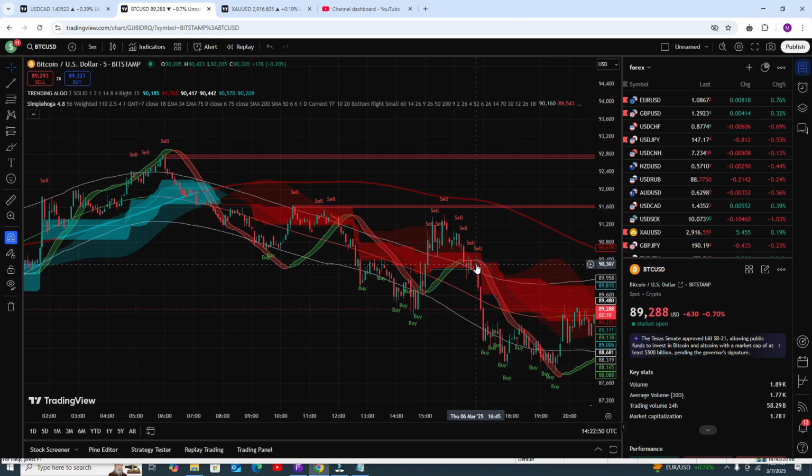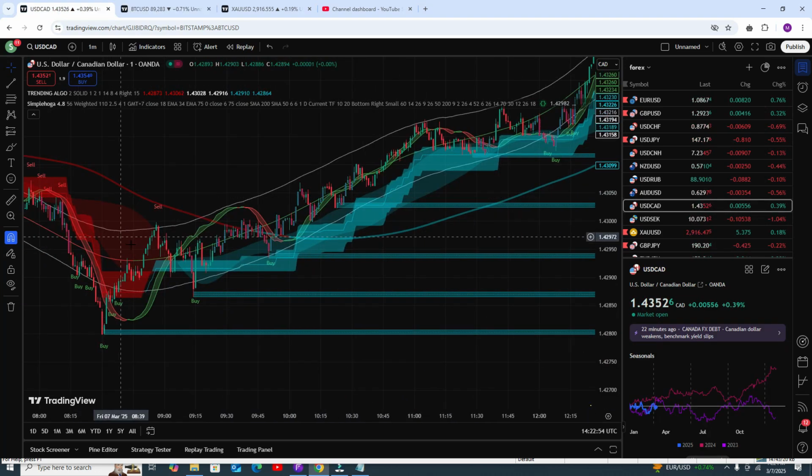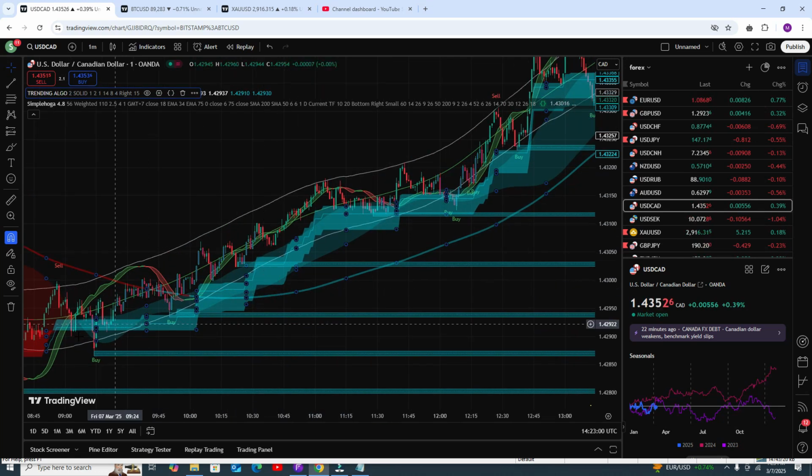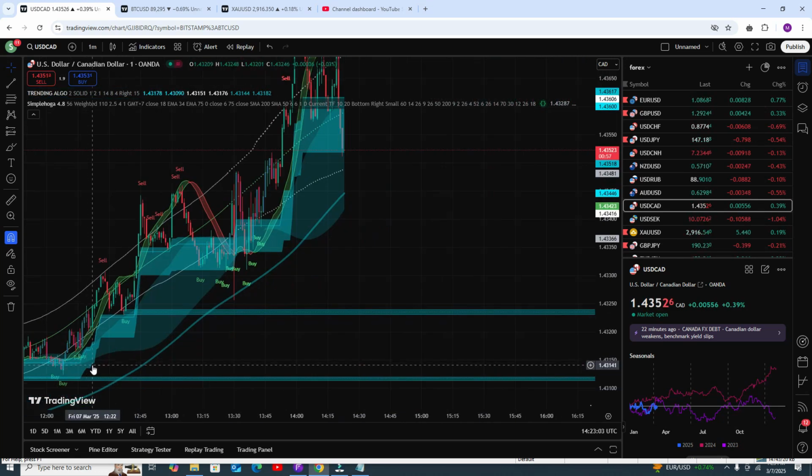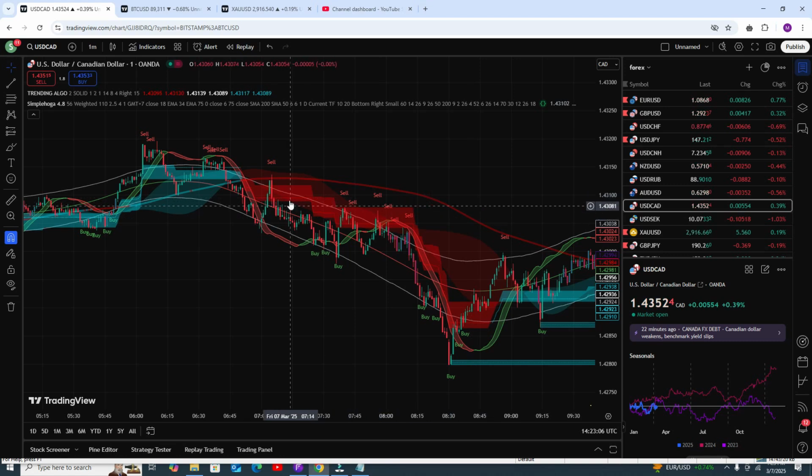Here you can see another example. Let me show you more results. Follow the trend and follow the signal. Blue trend means buy trend, so you need to follow the buy signal. And when the trend is on the red side, you need to follow the sell signal and go on to consistent, higher profits.